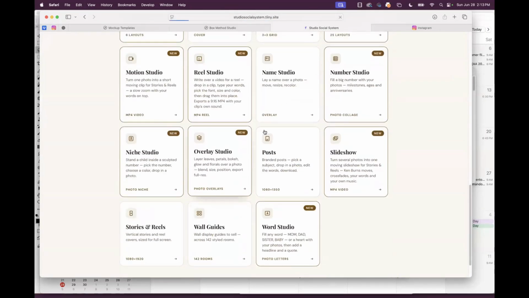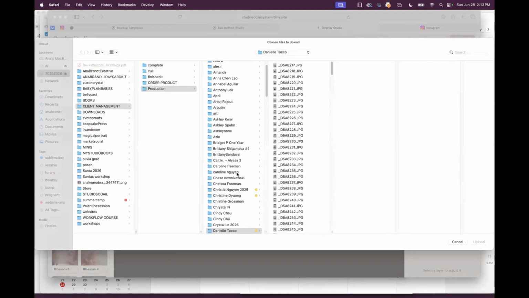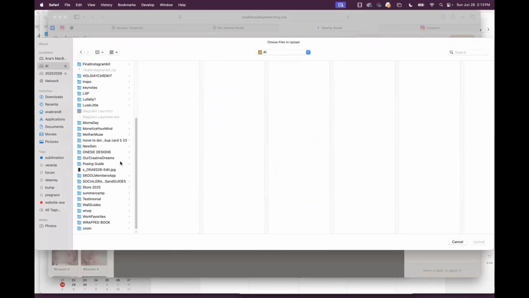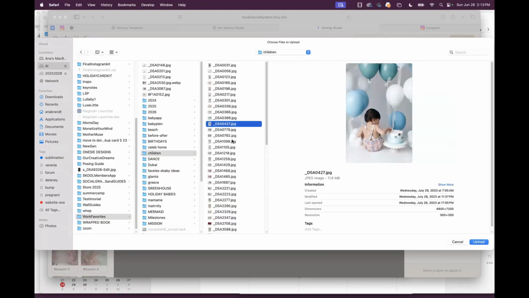So we'll see. Overlay is something new, and I'm going to add snow. I'll just write myself a note. I'll add a snow overlay and I'll add it in the reels, the motion and the slideshow, because if you're doing tree farm or you're doing snow inside, then it would work really well. If we come down here, let me just throw a child in here.